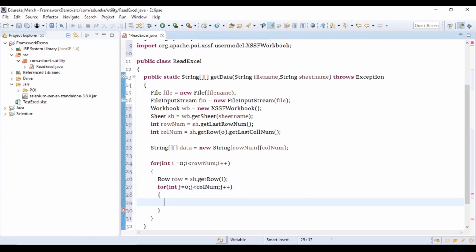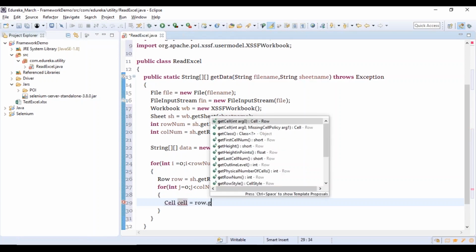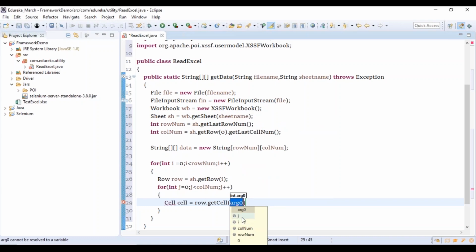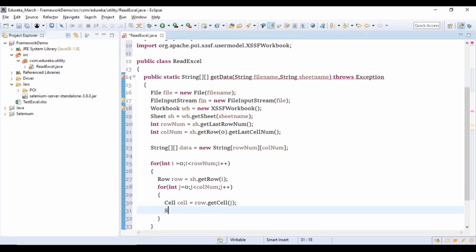Now, in order to read this, what am I going to use? I'm going to create an object of type Cell, which would help you get your cell value. So here I give get cell of j. Again, I import Cell from ss.usermodel, and then I start reading the value from here.